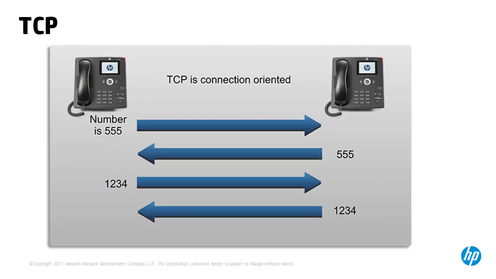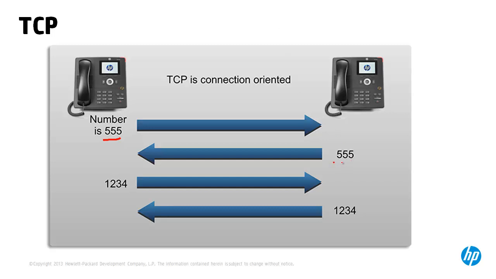Continuing with that analogy, if the party on the left-hand side wanted to provide some information to the party on the right-hand side, let's say a telephone number, the party on the left-hand side would read out the number. In this example, I'm keeping it very simple, but imagine for a moment that it's a fairly long and complicated number. The party on the left-hand side would say something like, "The number is 555." The party on the right-hand side would then acknowledge receipt of that number by reading it back and saying,